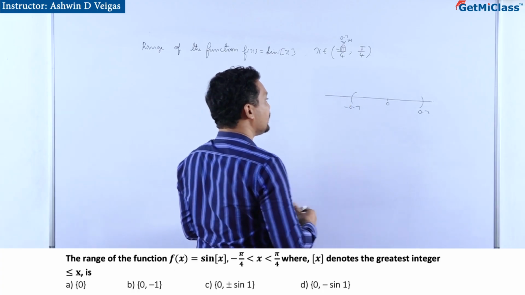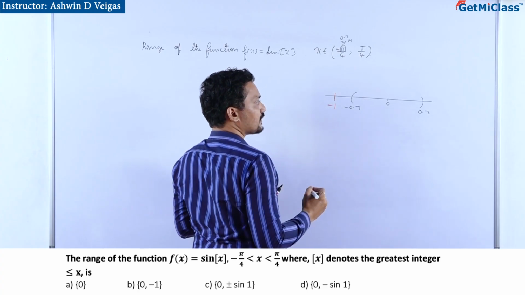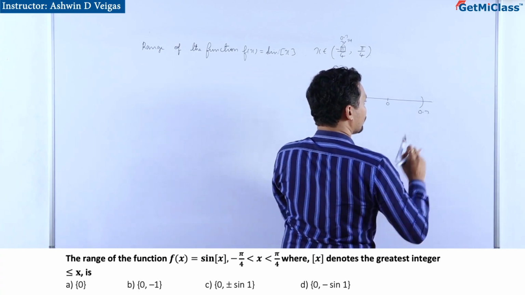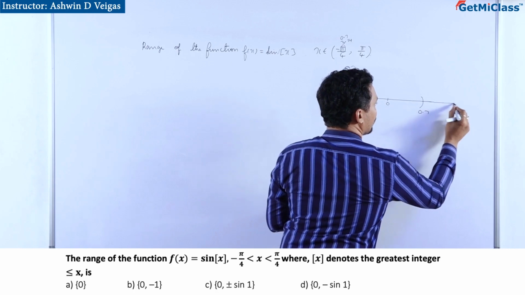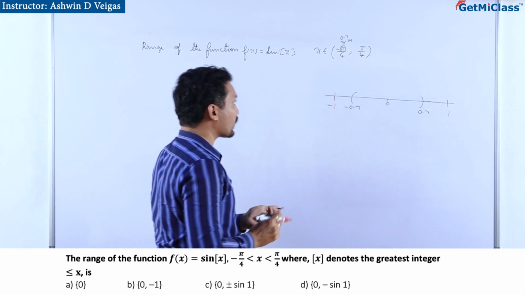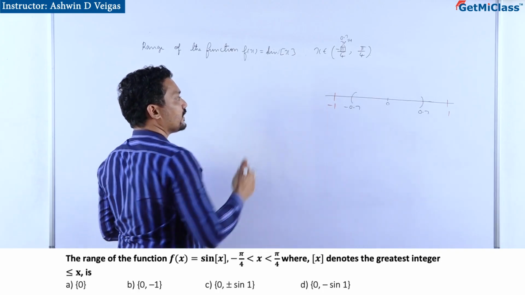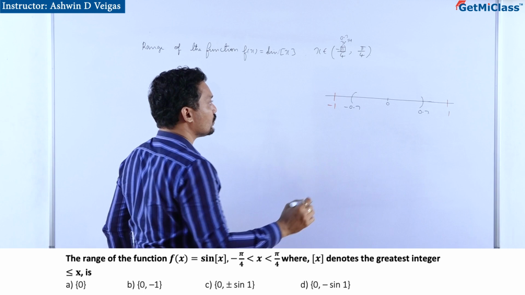Yes, that means we have to analyze this function from minus 0.7. Okay, now the nearest integers here are minus 1, and in this case it will be plus 1. Now we know greatest integer of x flips the values at the integer points. Therefore, now if you analyze